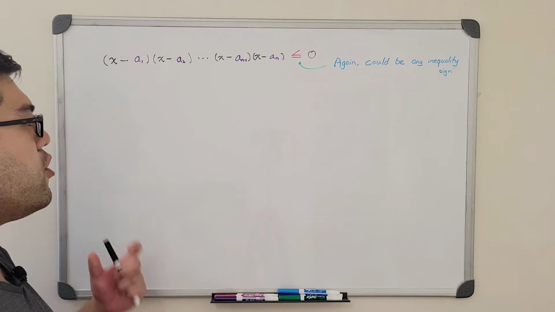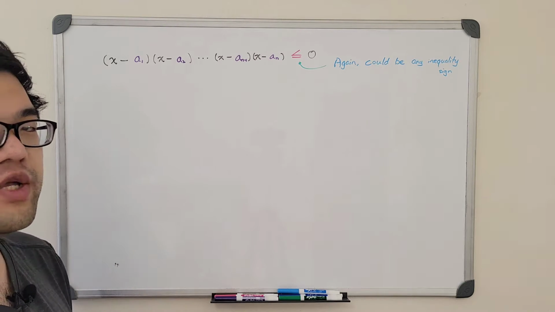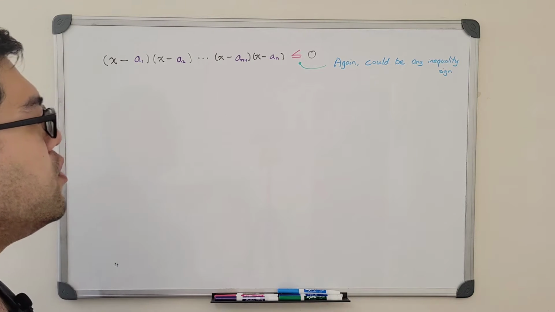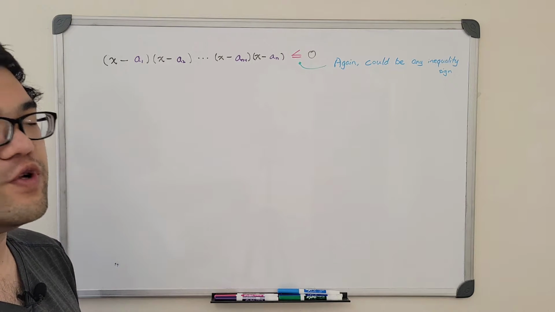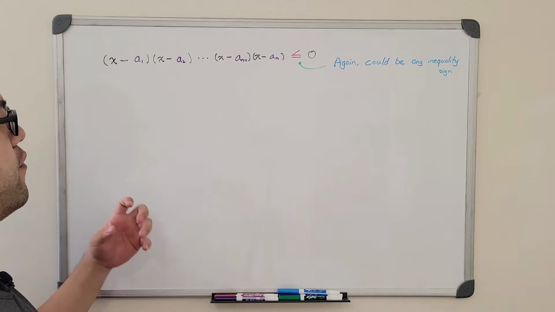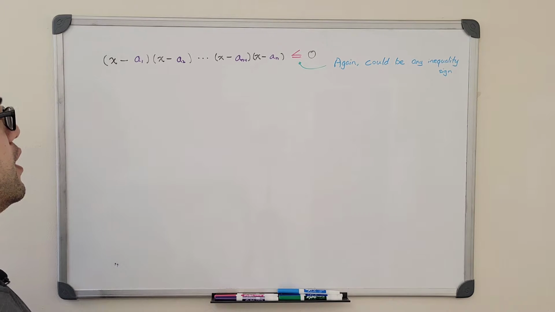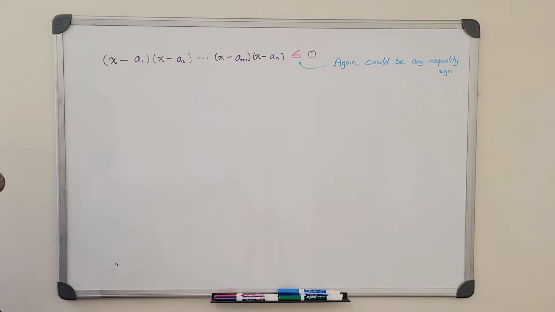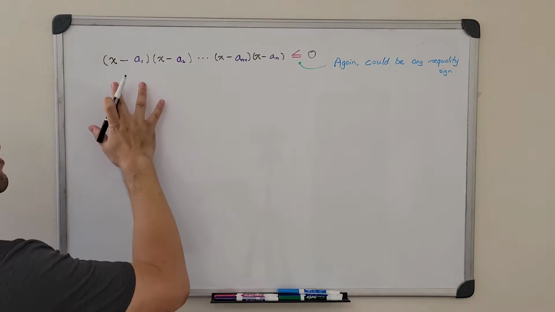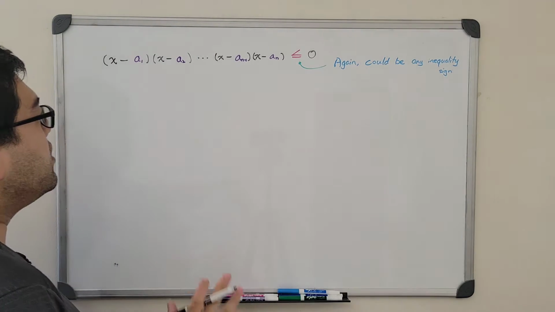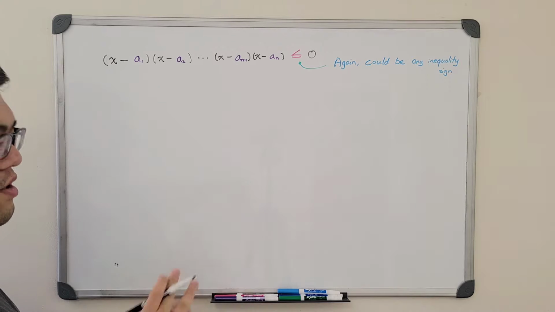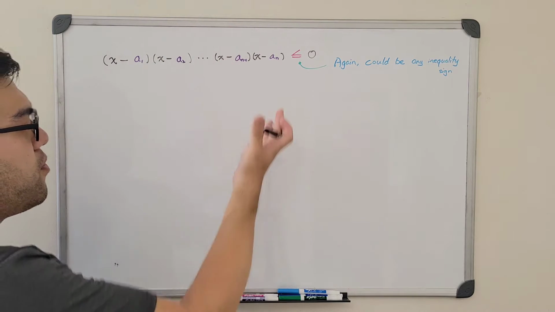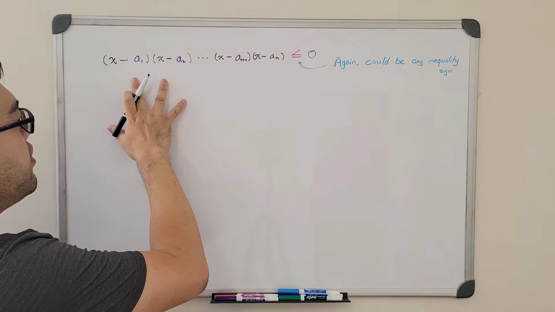Now, for today's video, we're going to look at a more general way to solve it, and we're going to look at the actual trick. Well, actually, there will be 2 different tricks that we can use to solve inequalities of polynomials in general. So here we go. So first, let's look at the general case number 1, which is still not the most general form of it. So here we are going to say that now